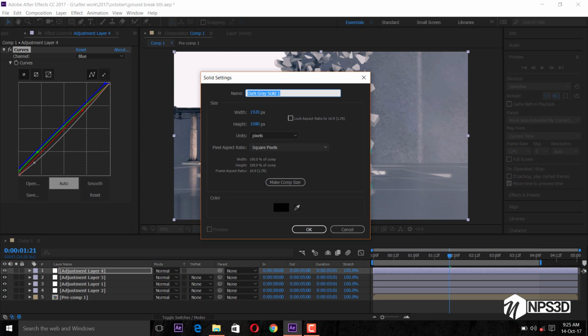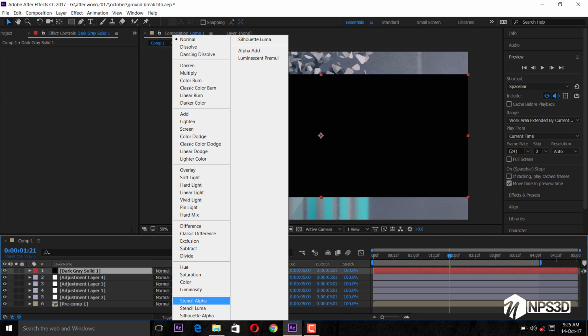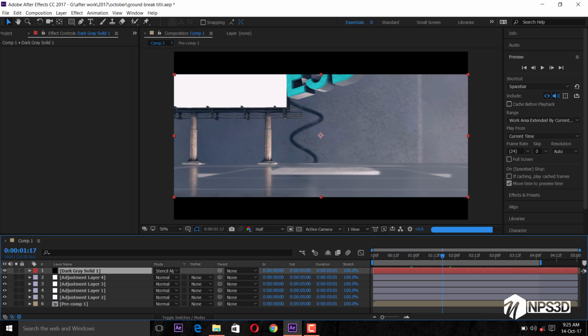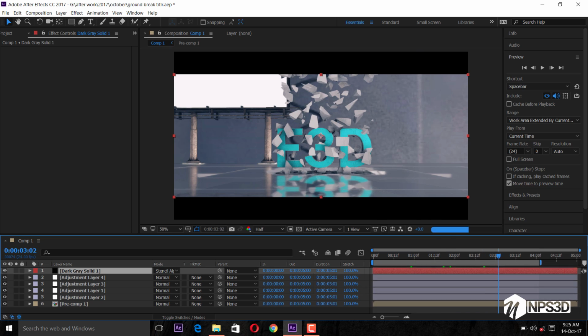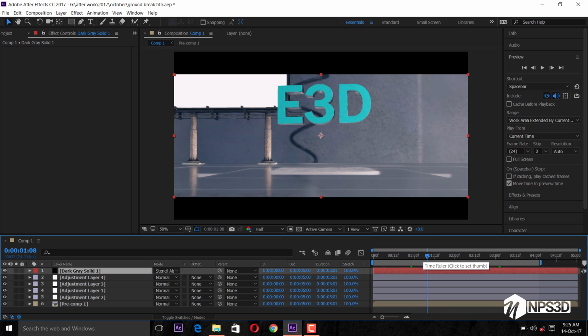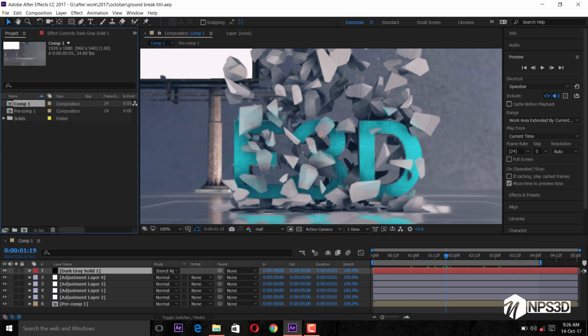Let's create a new solid, and the height is 789. And let's change the blending mode to stencil alpha. So this is the thing, and this will be the result. So I will show you after render. Alright, so